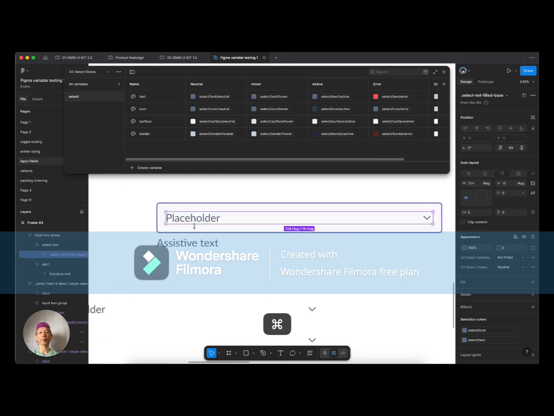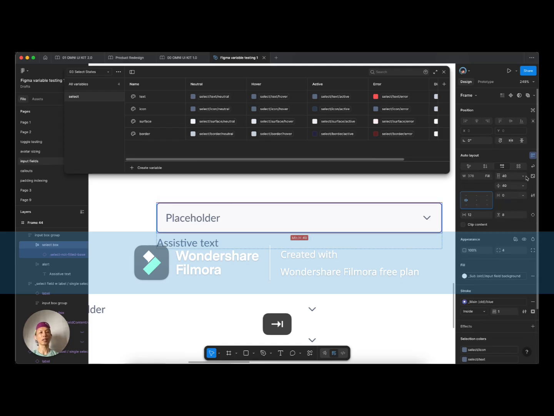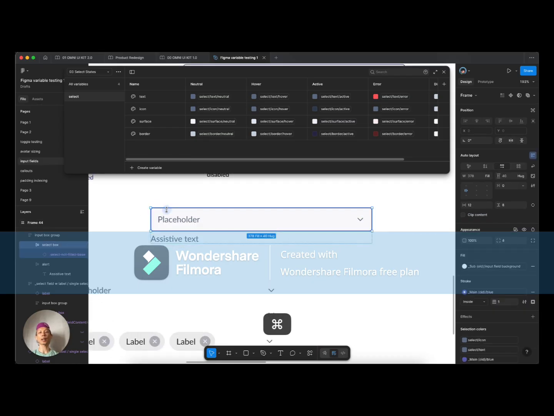Right. I will hug this, and then have a minimum height of 40, and then I will just continue to hug this. Alright, so this will have a minimum height of 40 with the padding 12 and 8,